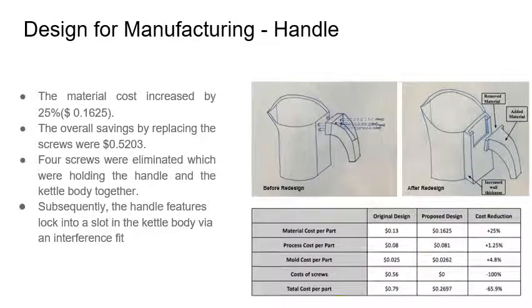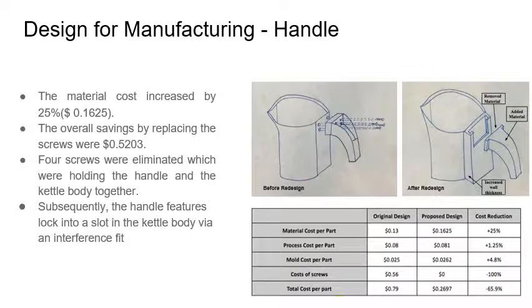For the design for manufacturing of the handle, 4 screws were eliminated which were holding the handle and the kettle body together by creating handle features via extrusion. Subsequently, the handle features locked into a slot in the kettle body via an interference fit. The material cost increased by 25%, and the overall savings by replacing the screws were $0.52, as you can see